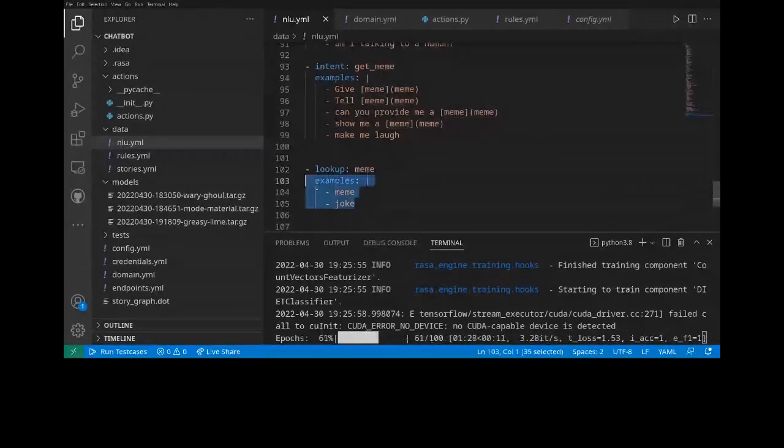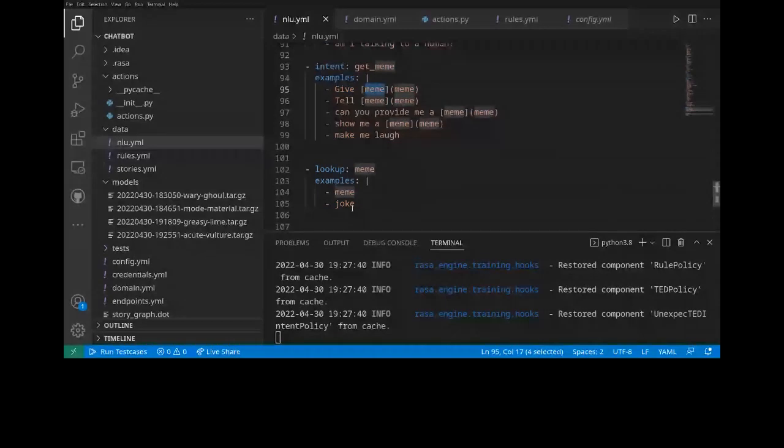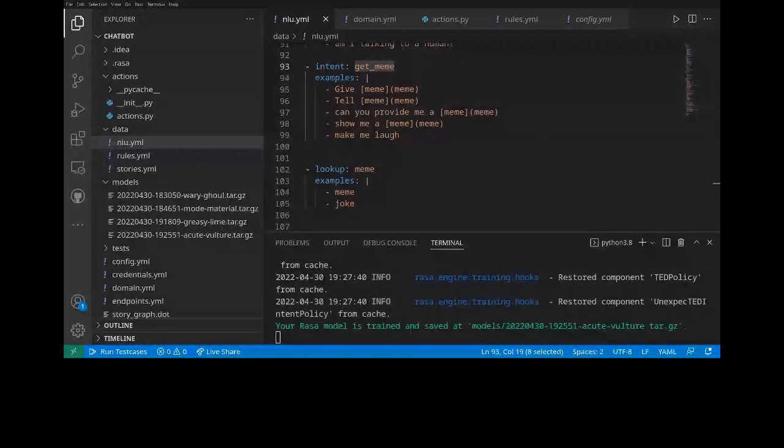It is a little hard to understand, but just think that you are telling that lookup is nothing but an English type, and in that type we have defined some words. So if in give, if I give something, then it will be basically this. If in give there is meme, then it will understand that it is type of get meme. So to get correct response, we need to create lookup for every intent, right? Not every intent, but if it's an intent made by us, then yes, we have to add it and tell the bot to understand that this type is basically of this, where we are giving examples to understand it.